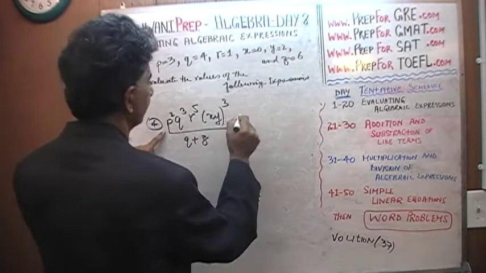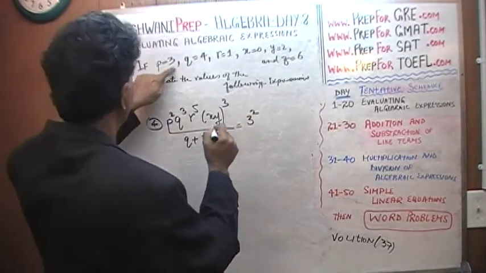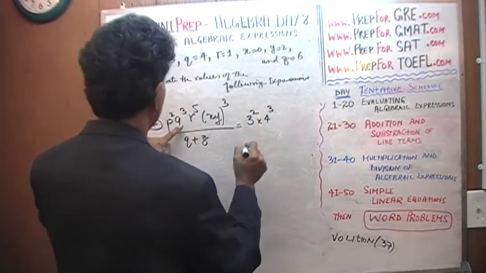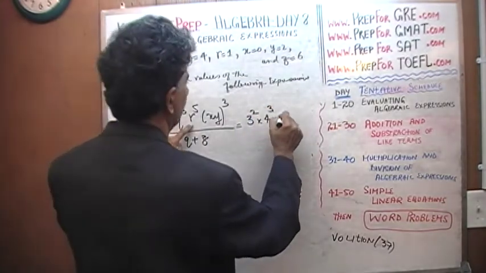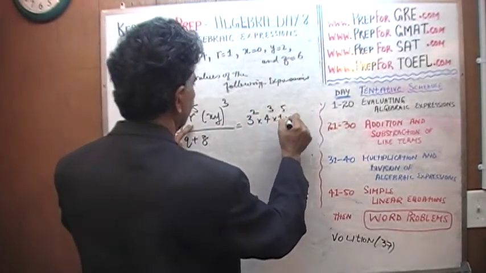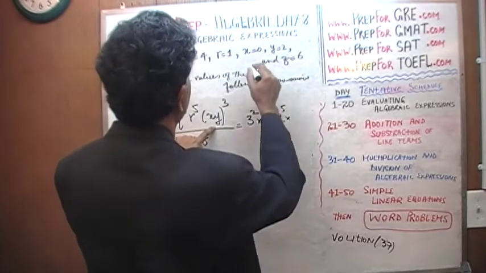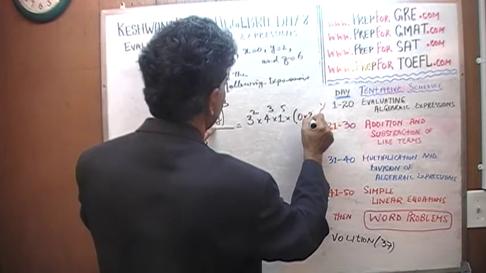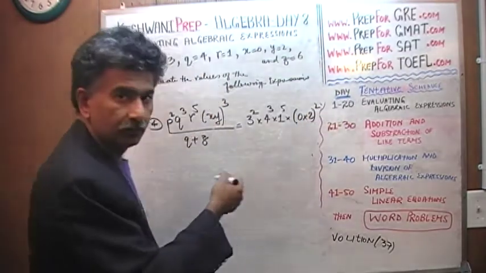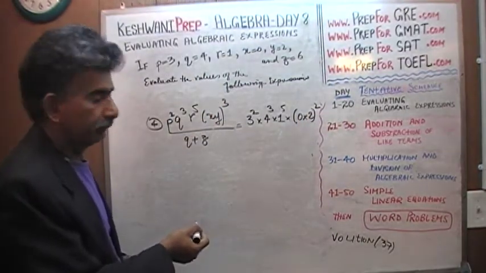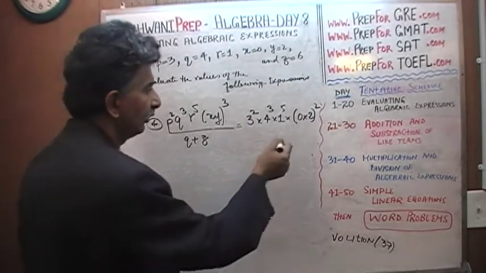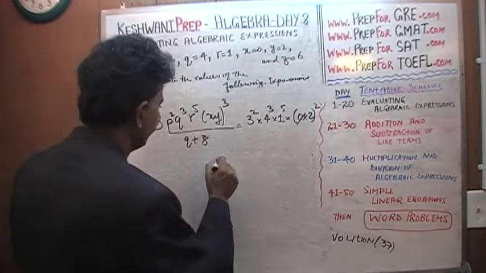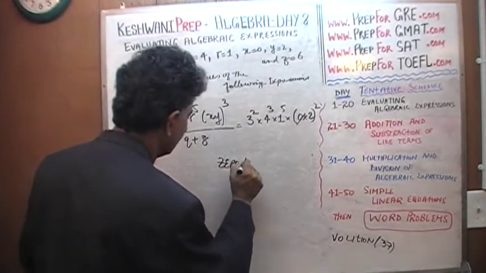P squared, which is 3 squared, times Q to the 3rd times R, which is 1 to the 5th, times X times Y. X is 0. 0 times Y squared. Should I continue? Or no? Right, we don't have to. That's it. As soon as we see the 0, and since everything is being multiplied, we know that